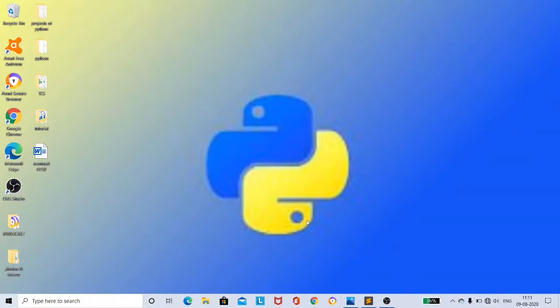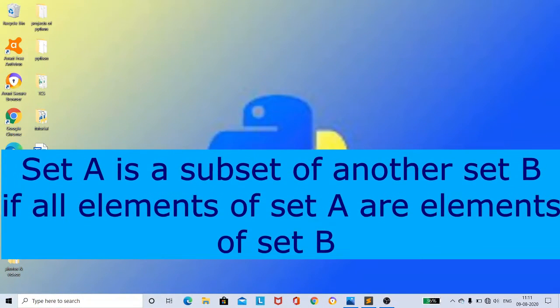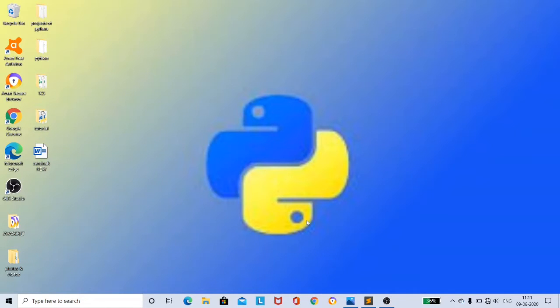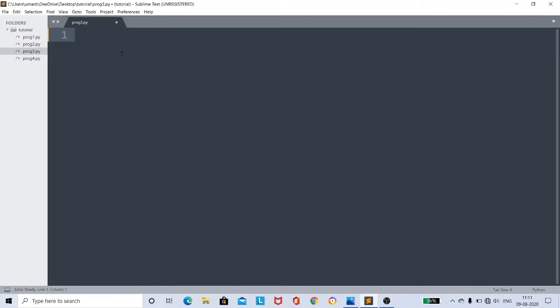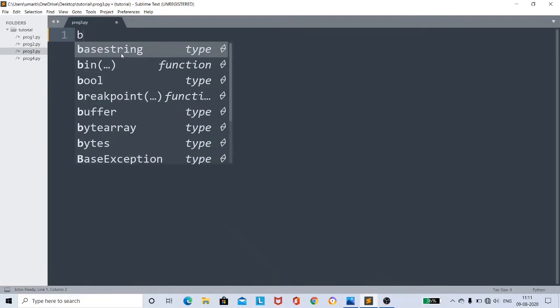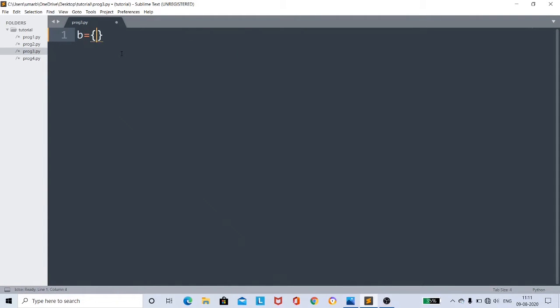First, here I want to define subset. Set A is a subset of another set B if all the elements of set A are elements of set B. I will explain with an example. For example, I have my set B with values like 1, 2, 3, 4, 5 and 6.